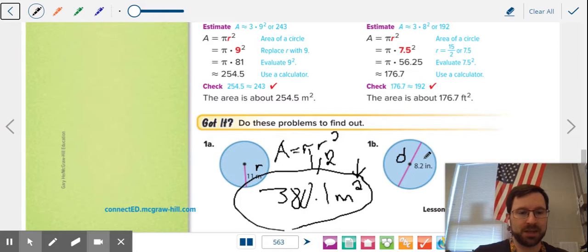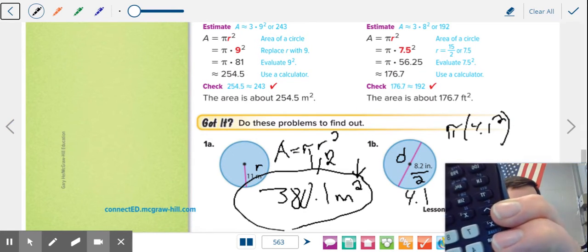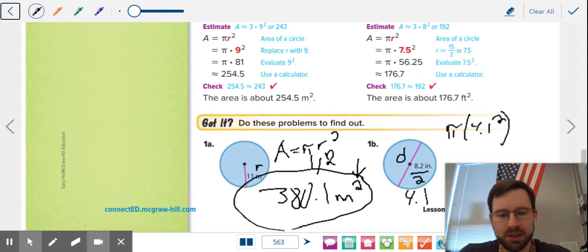All right, over here we're given the diameter, so the first thing we have to do is chop it in half to get the radius. The radius, therefore, is 4.1. So we're going to do pi times 4.1 squared. Okay, it's not terribly difficult. You just have to remember to use that handy little squared button right there, x squared. So 4.1 squared pi equals 52.8